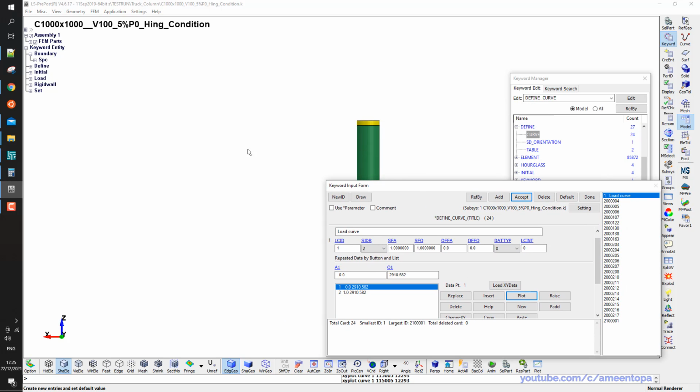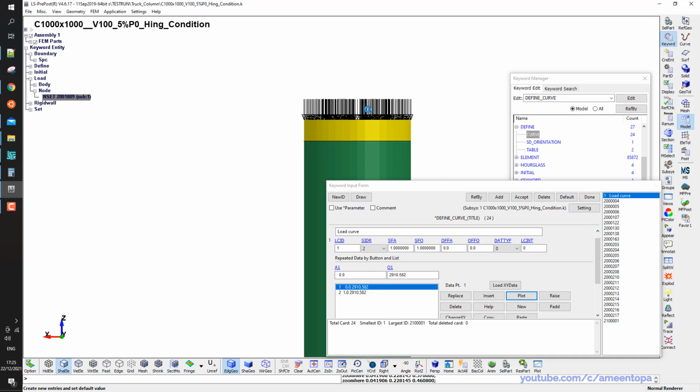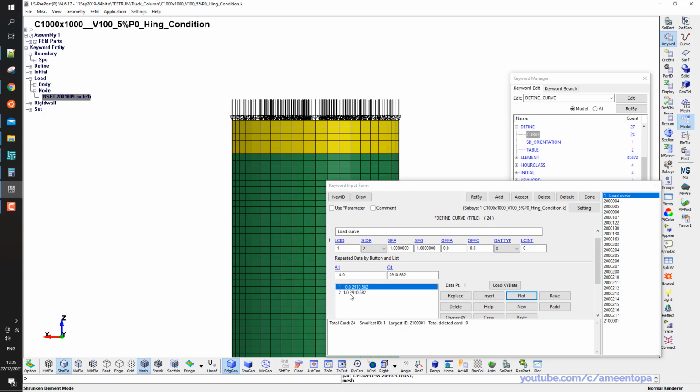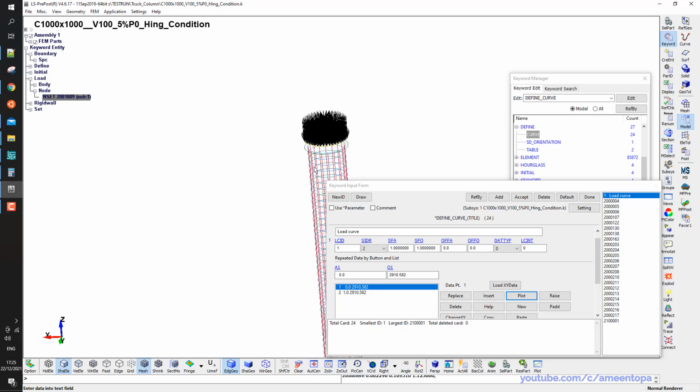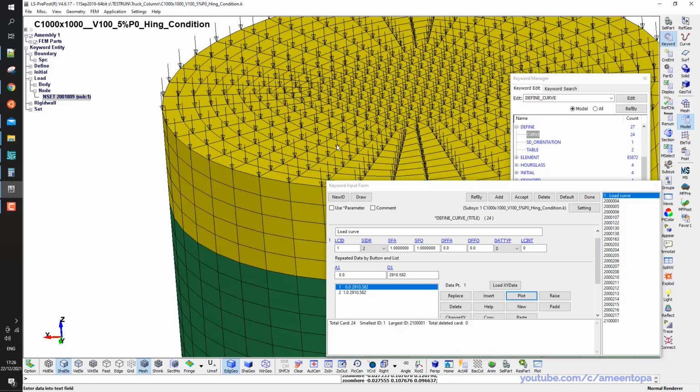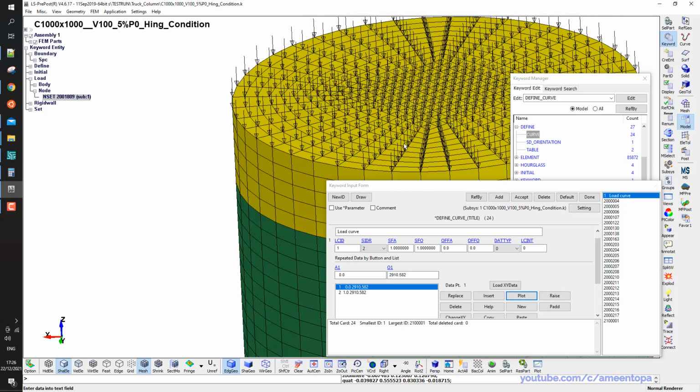If I drag this one here, and then I click on load and node here, you can see the load is applied on each node. Okay, so this value is actually the value per node, and if I want the total amount of the load, this load is actually the load per node,